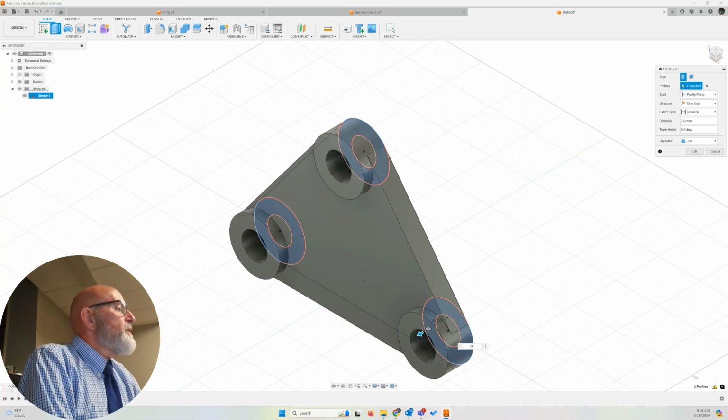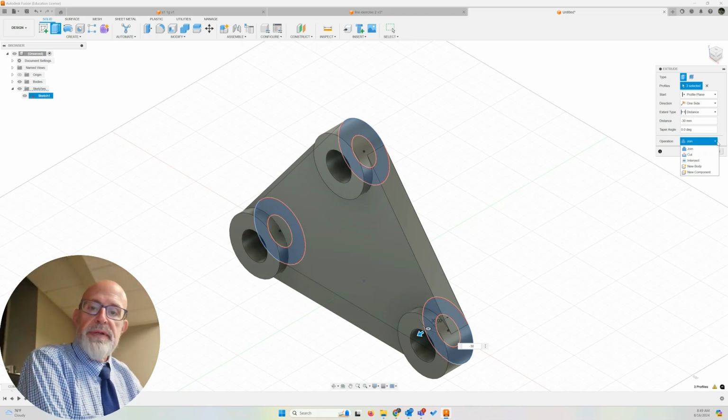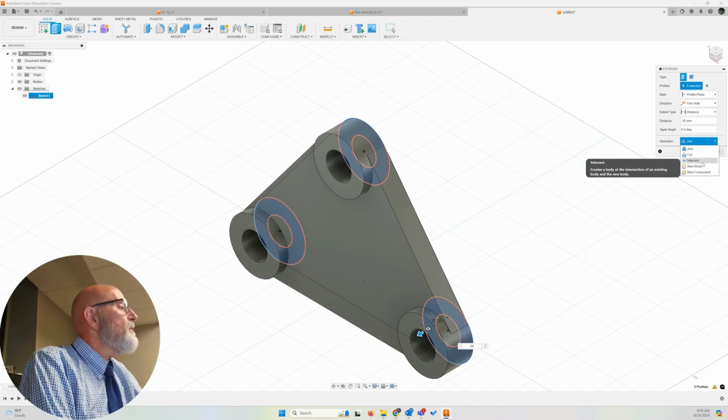I want, instead of join, because I'm going to come back later and add different colors to them, I'm going to go